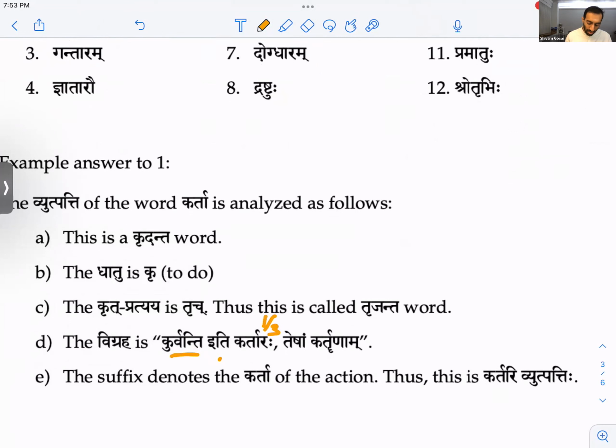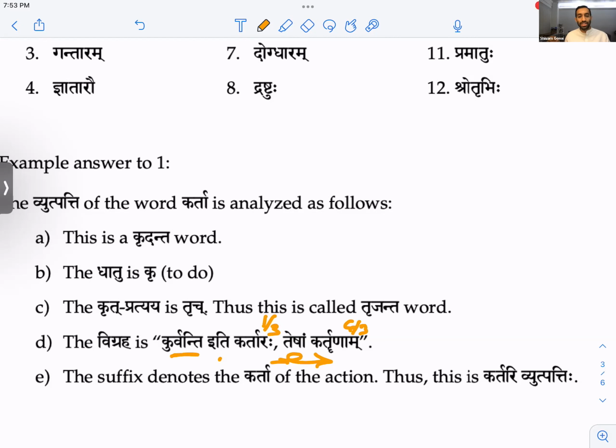Now, the word finally is kartrunam, so I also have to translate it into the 6th case. So then I give a tad shabda in the case that I want. So then I'll say tesham. This is the conversion word. You see that? That's the conversion symbol when I make that arrow. So we're converting it into 6-3. Tesham is a 6-3 word, so then it becomes kartrunam.